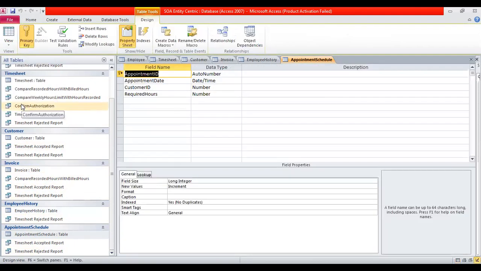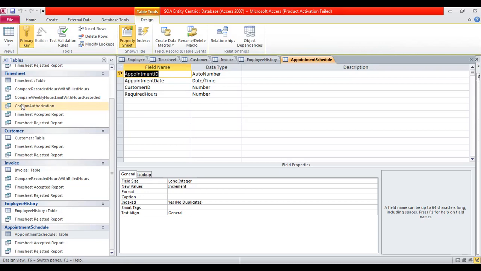So in total, 6 tables I have used for the timesheet submission process. For the timesheet submission process, I have used 6 different tables.